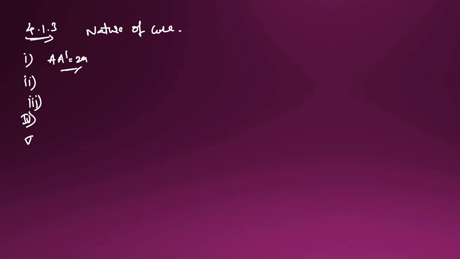Fifth point is there? Yes, up to page 135. So these five points, please check once. Okay, what are S, S dash, A dash, B dash, and what are y is equal to b, x is equal to a? All of this is given in 4.1.3, the nature of the curve.